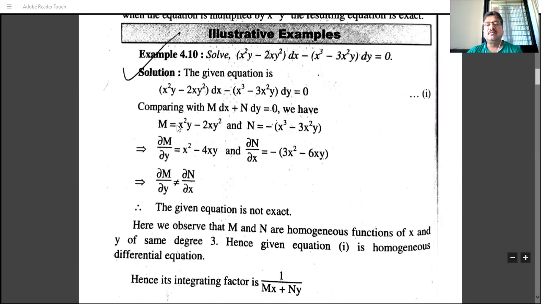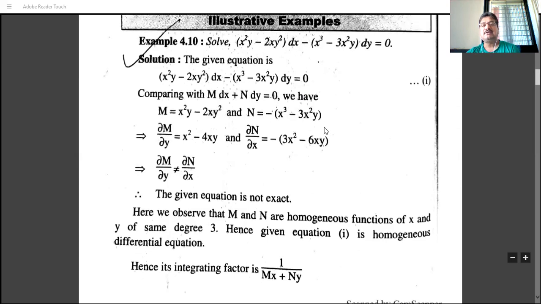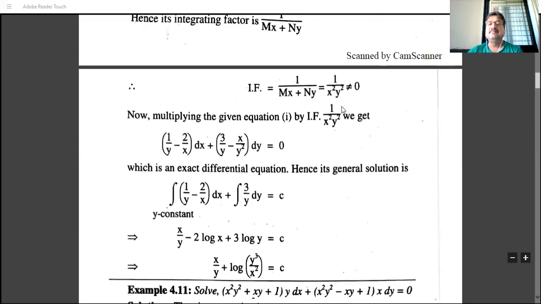So write, what is Mx? x cube y minus 2x square y square. And what is Ny? Minus x cube y plus 3x square y square. So we have the answer: x cube y and minus x cube y get cancelled, and minus 2x square y square and plus 3x square y square become x square y square. So this is the value of Mx plus Ny, x square y square, and so the integrating factor is 1